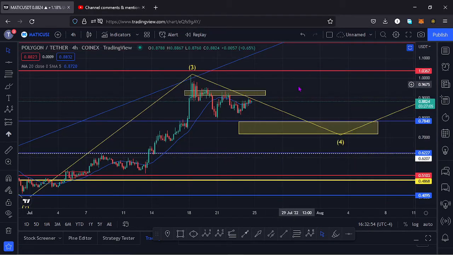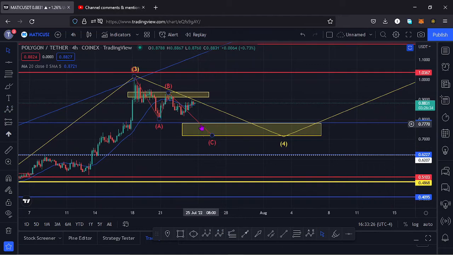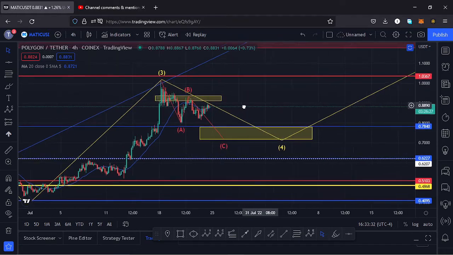Within a wave 3 we also need to see fractal waves form, and for a wave 3 that fractal wave will be an ABC correction. So this wave 4 is an ABC correction. We need to see a wave A, then a wave B, then a wave C, which will be taking us down here into this yellow target that I have here. And once we see this move, then I believe by so doing Polygon Matic will have seen